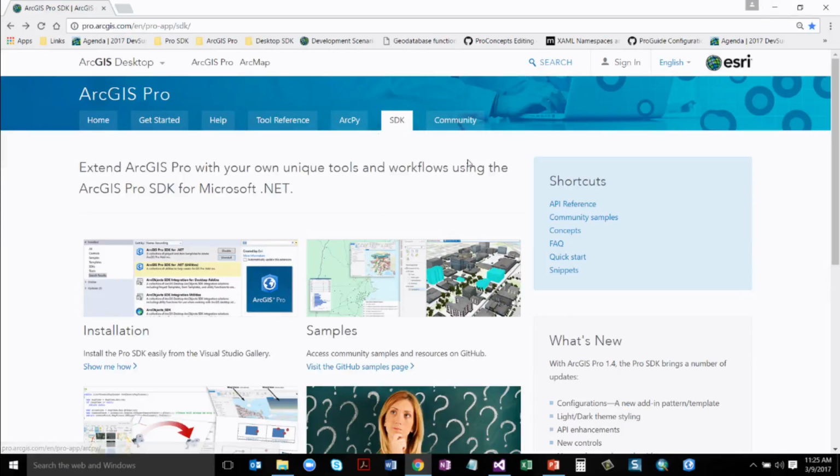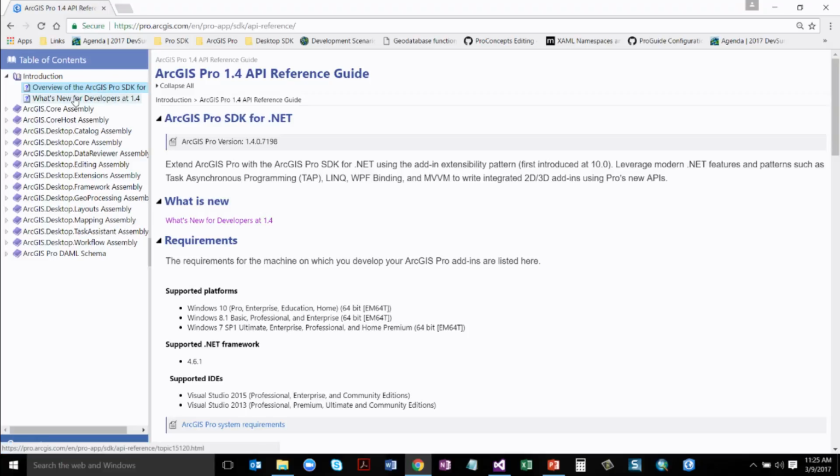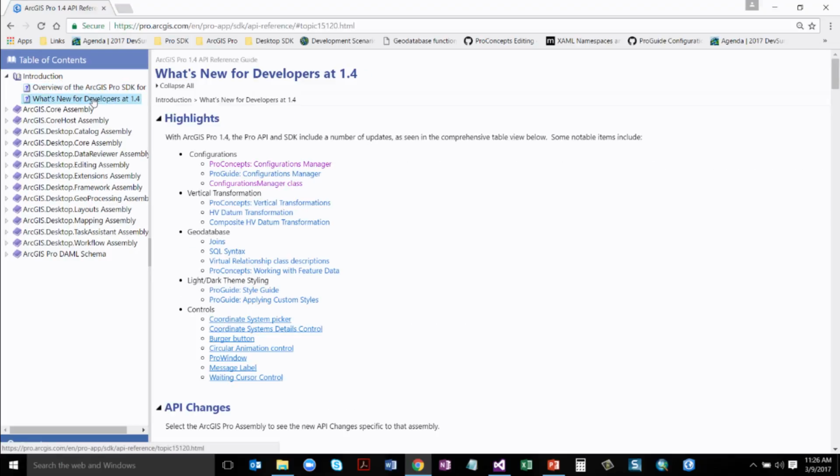Let's come back here. There's our API reference, top shortcut link. And as always with our API references, we've got an overview page that we start with. And then right below that is the what's new for developers at that release. There's a highlights section right at the top, and we like to point out some of the key additions to the SDK and the API